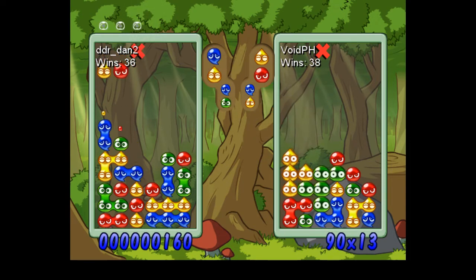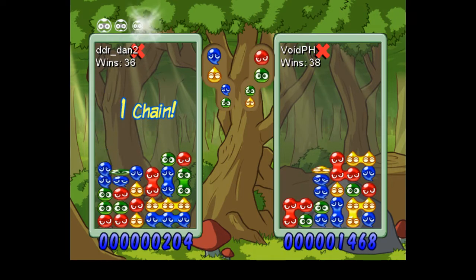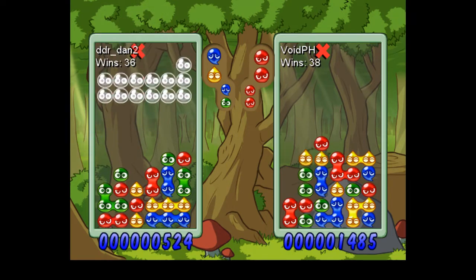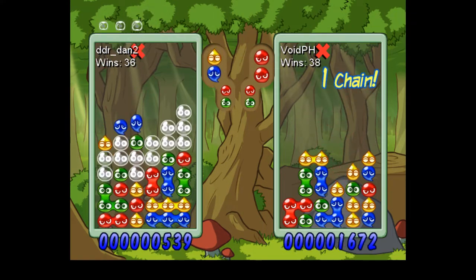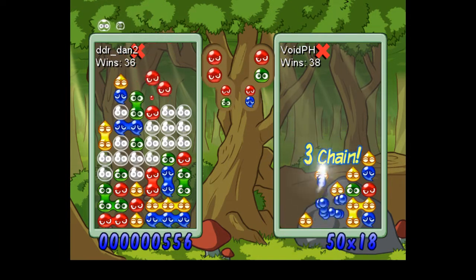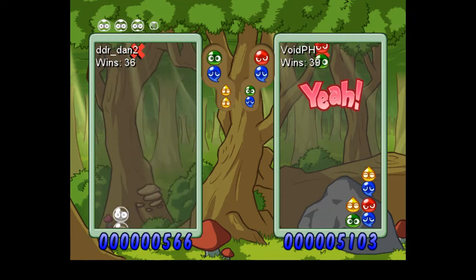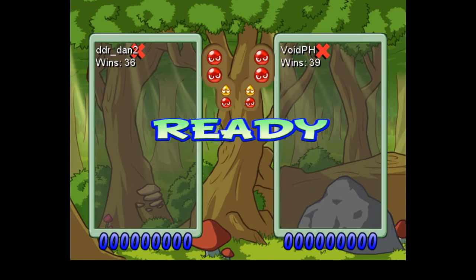And Void's sending a 2 double. I didn't see this one coming, and it's going to connect. My transition is really hard to get to. And Void's going to send a 4-chain. I don't think I can get a counter in time. And I can't. So this time Void was the one to attack, and it ended up working out very well